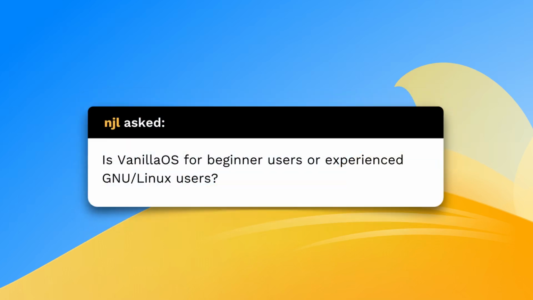Is VanillaOS for beginners? VanillaOS is designed to be maintenance-free after the initial setup wizard. The system keeps itself updated and even the most complex operations, such as installing a driver, are simplified. Unfortunately, however, it must be said that today it is still necessary to have a little Linux-based know-how.